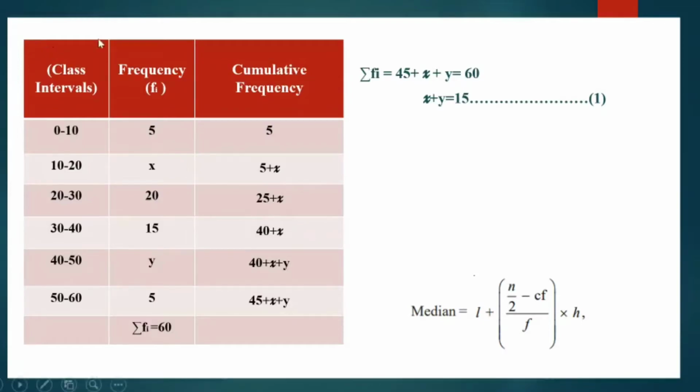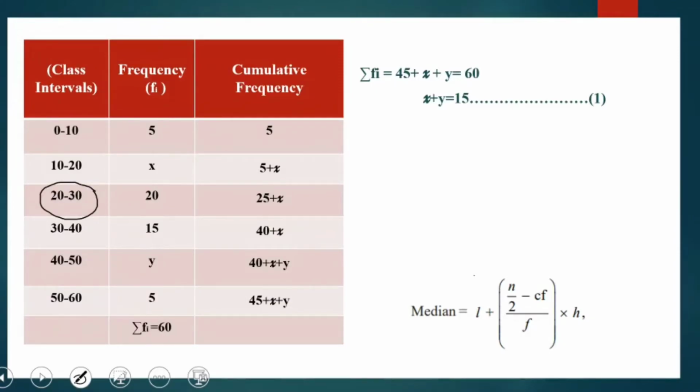So to use that, first of all, we need to find out the median class. Now, what is the median given to me? In this question, it is given to me that the median is 28.5. So since the median is 28.5, in whichever of these class intervals 28.5 would lie, that becomes the median class. So in which class interval would 28.5 lie? I'm sure you all can make out that 28.5 lies in this class. So this becomes the median class.